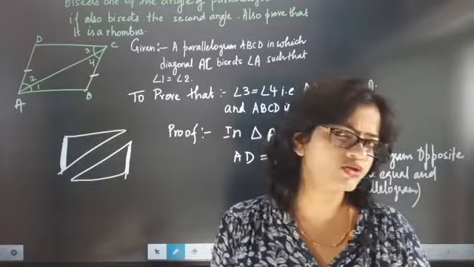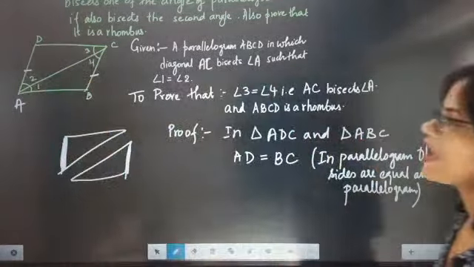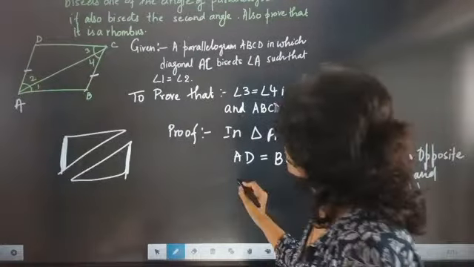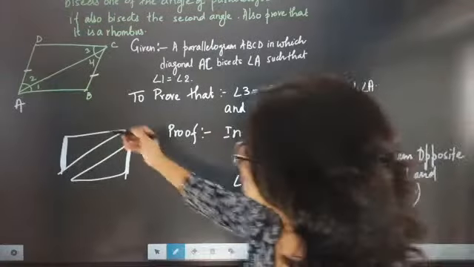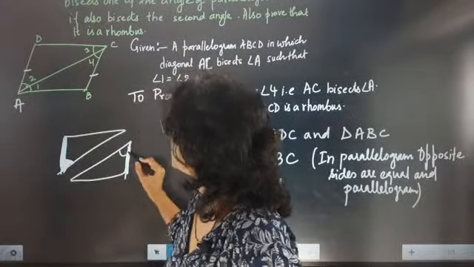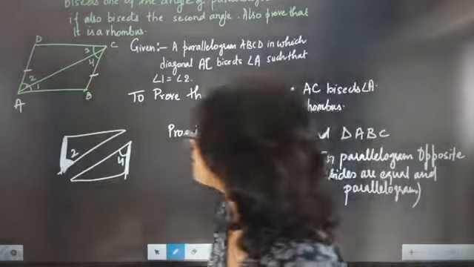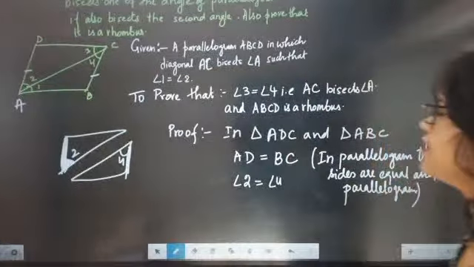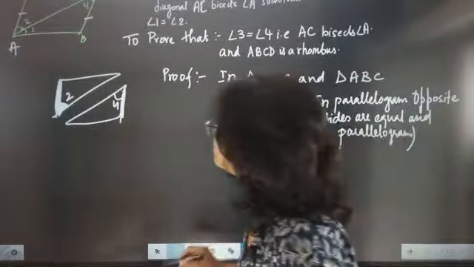Now I want alternate interior angles to work. That is, angle 2 will be equal to angle 4. Angle 2, this angle, is equal to this angle. Angle 2 is coming equal to angle 4. Why will angle 2 be equal to angle 4? Because